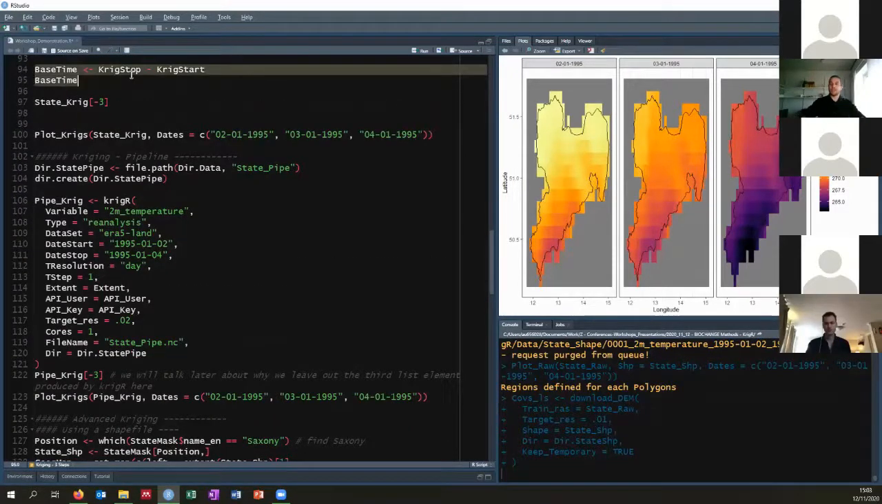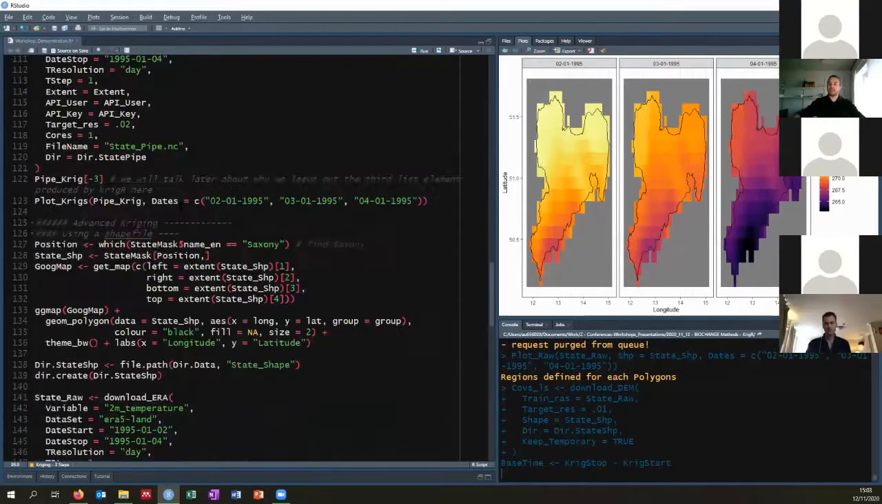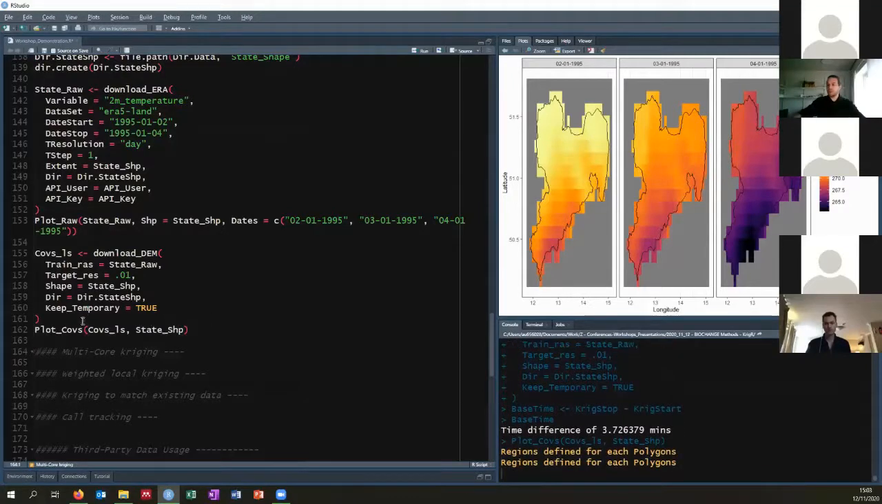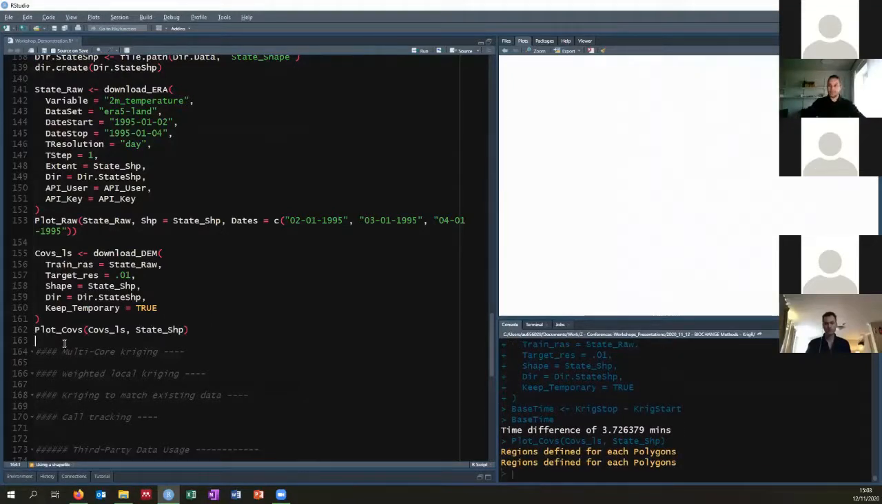So we've got the times to compare here in just a second. I forgot to do this earlier. So earlier we took 3.8 minutes to KrigR the entire thing when we were doing this by extent, with a downscaling down to 0.02 as a target resolution. Now, if we plot our new covariates